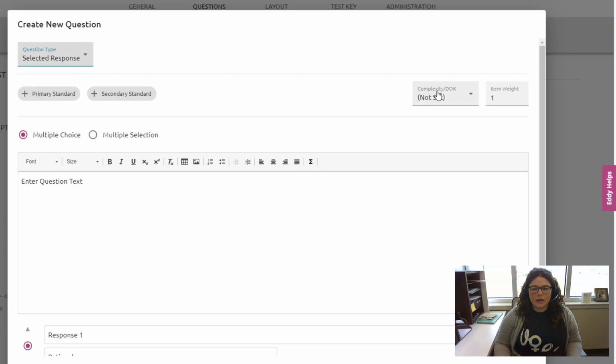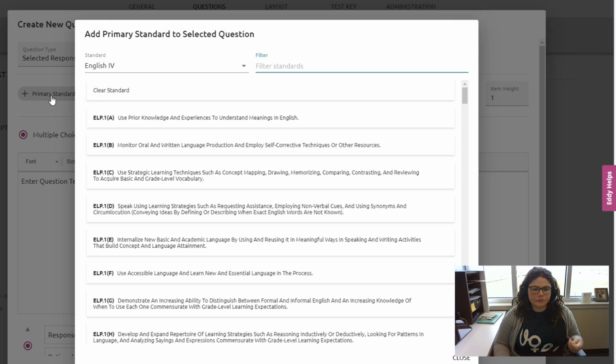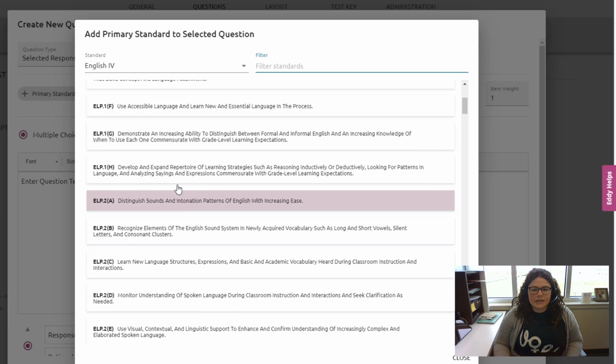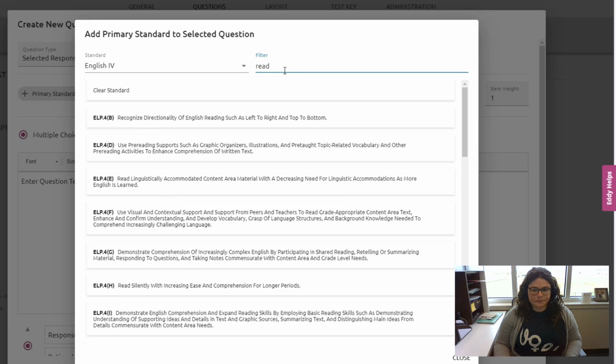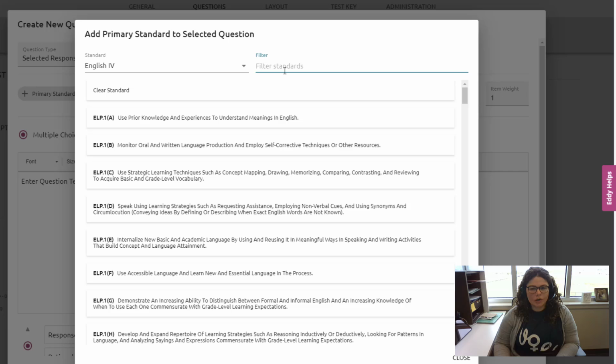Underneath that, this second row that's in this box is available on all of the different response question types. So on the left, it's asking you to select a standard to tie this question to. So we're going to click on the primary standard plus sign box. When you do, it goes to the course that you attach to this test, and it gives you all of the different standards. You can filter and search if you're looking for something specific or a certain word,